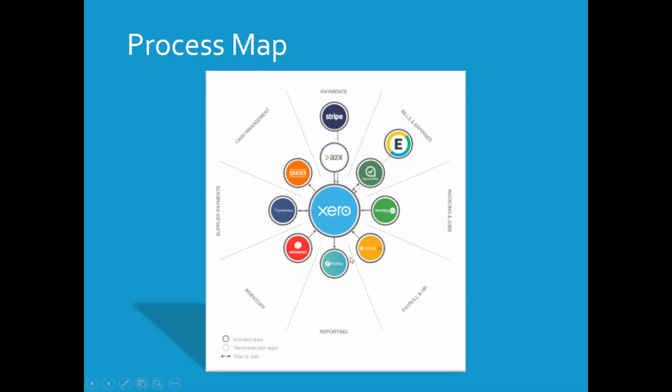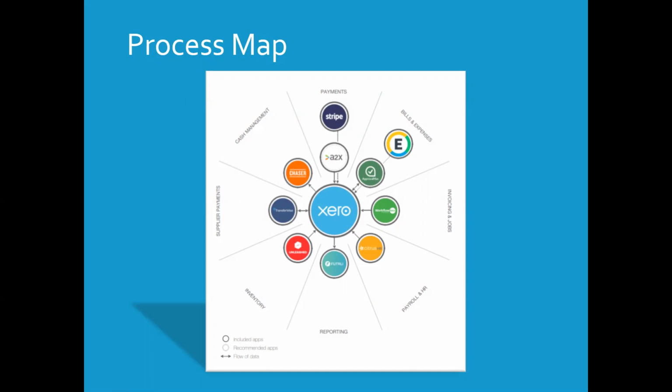We're using Fruitrilly for reporting, which is bringing information directly out of Xero in this example. And of course, we can have HR and payroll tools send information directly into Xero as well. The purpose isn't necessarily to go through all of the apps per se, but really to show what the next step is. So once we're happy and we've identified a series of apps that we